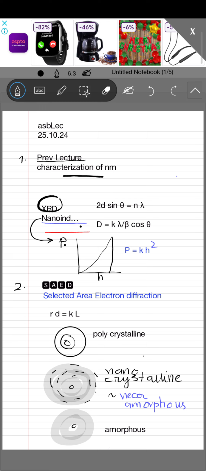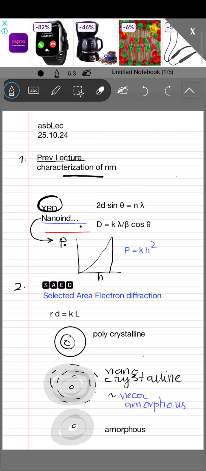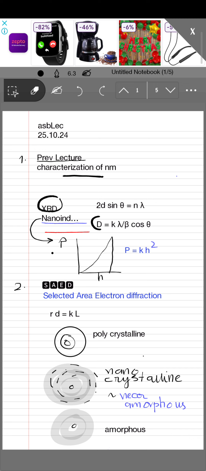The other one is the Debye-Scherrer equation. Now, the Debye-Scherrer equation gives you the particle size d, and in the case of